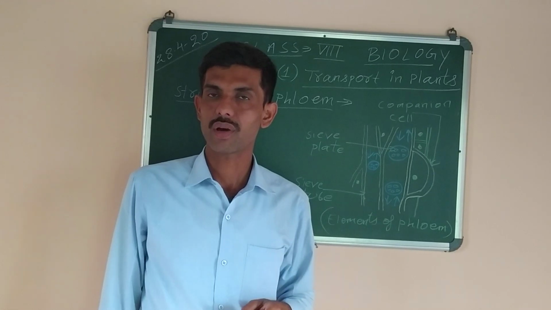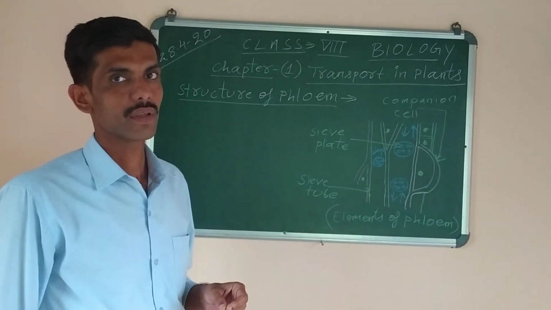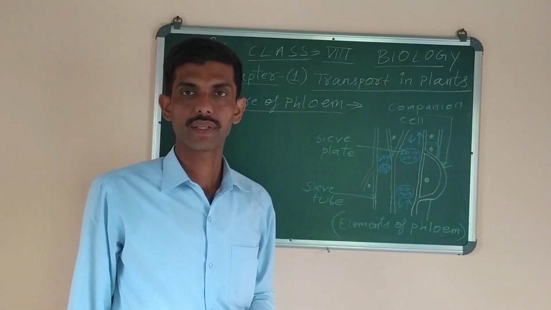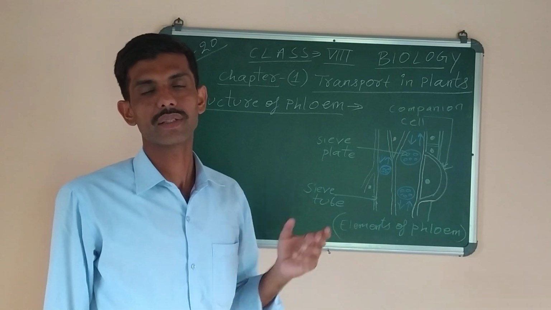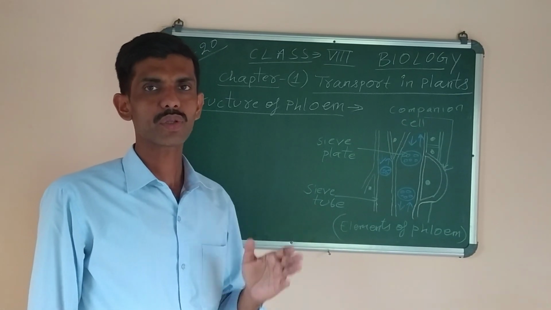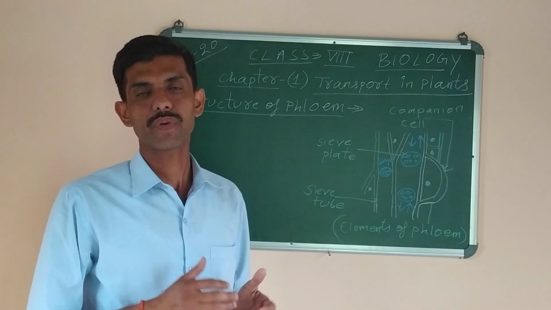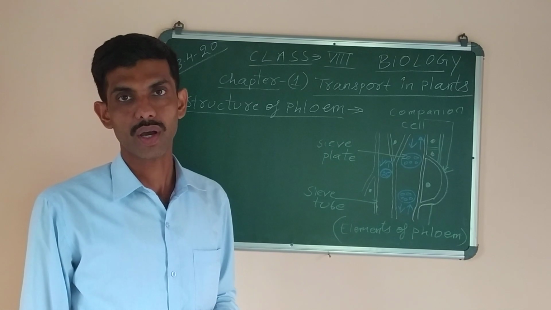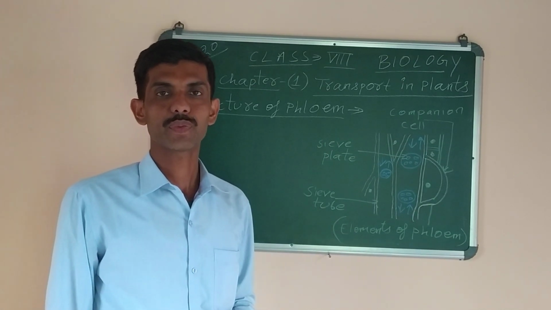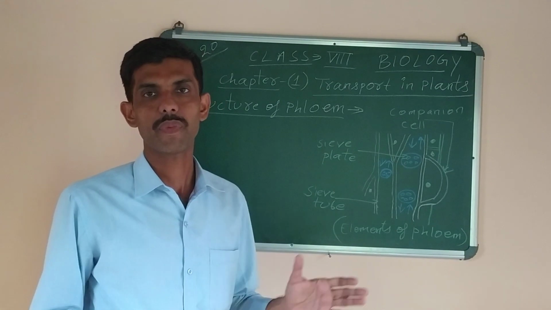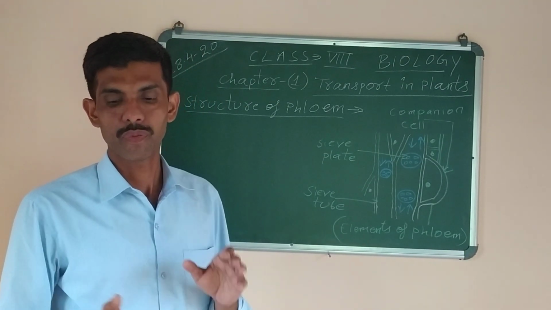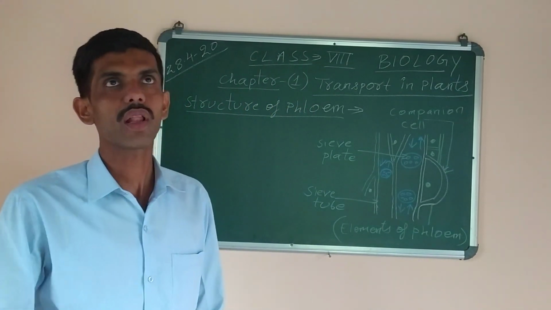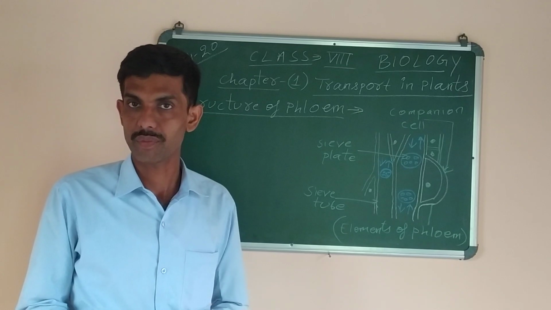As you can recall, in the previous class we had started our first chapter, that is transport in plants, in which we studied that just like animals, plants also need to transport certain materials from one part to the other, like water and minerals which are absorbed from the soil through the root, which are transported through the xylem vessels to all parts of the plant. Similarly, the food which is made in the leaves of the plant is transported to all the upper or the aerial parts through the phloem tissue.